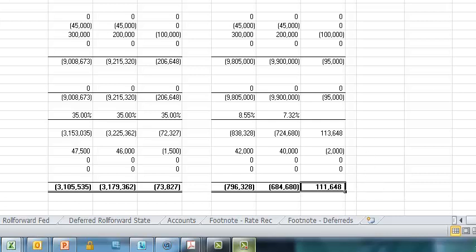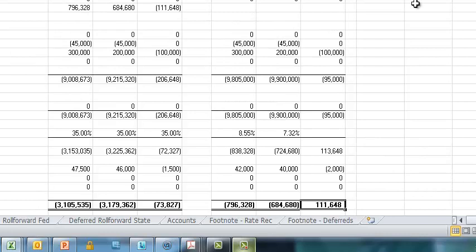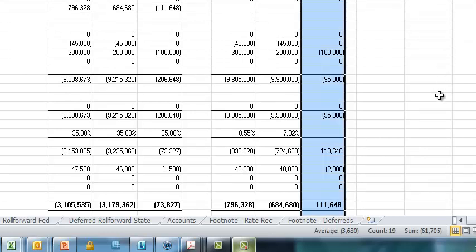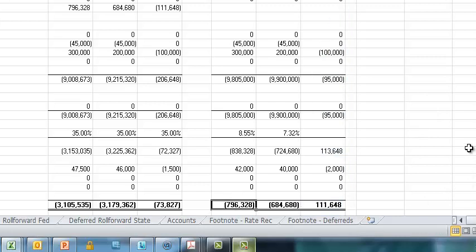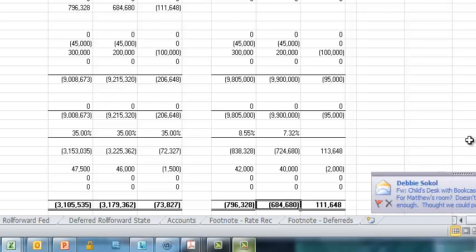So now I got to figure out how to book a journal entry to deal with my differences, right? Because at the end of last year, I was accruing a payable in my deferreds based on that column. But that didn't end up being right. So I got to go and fix my payable and fix my deferreds based on this new column,